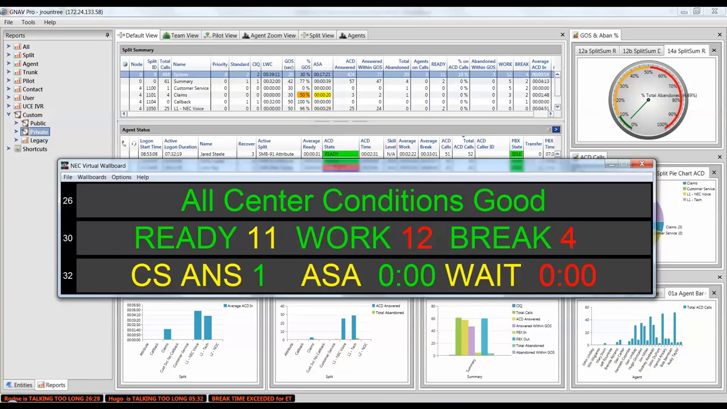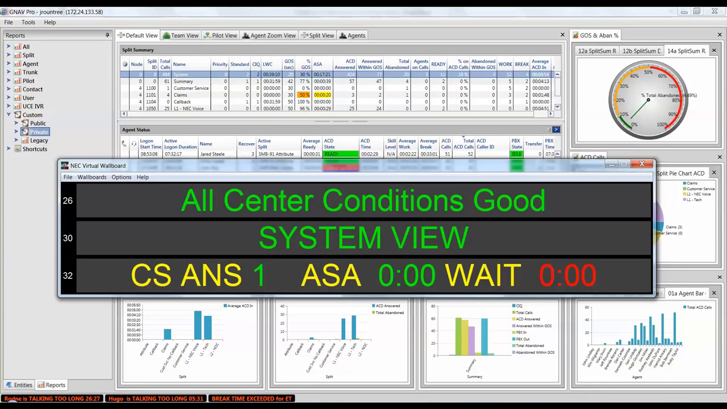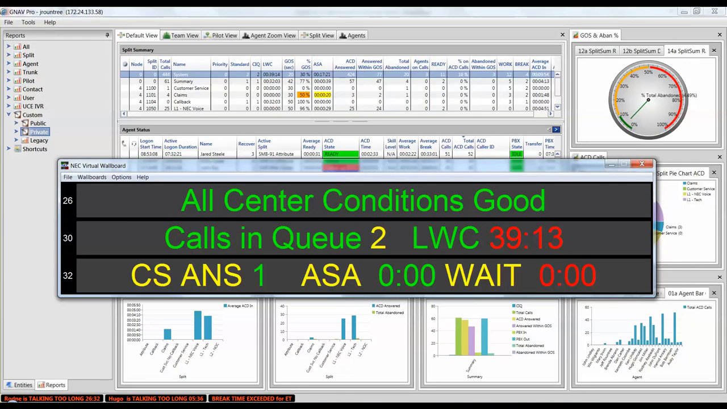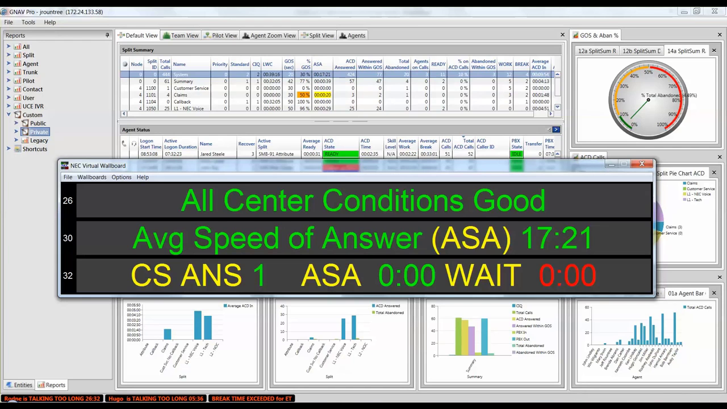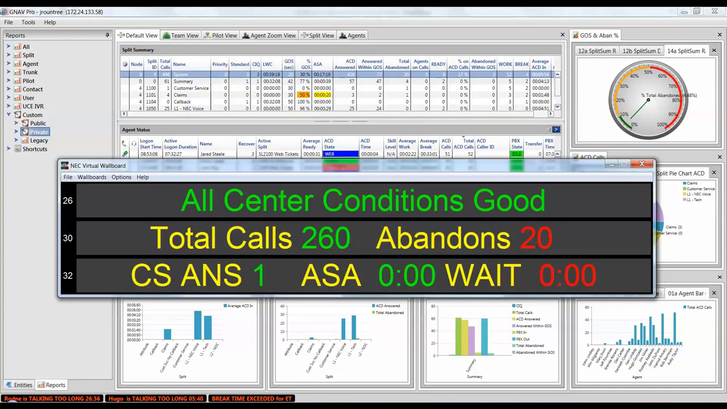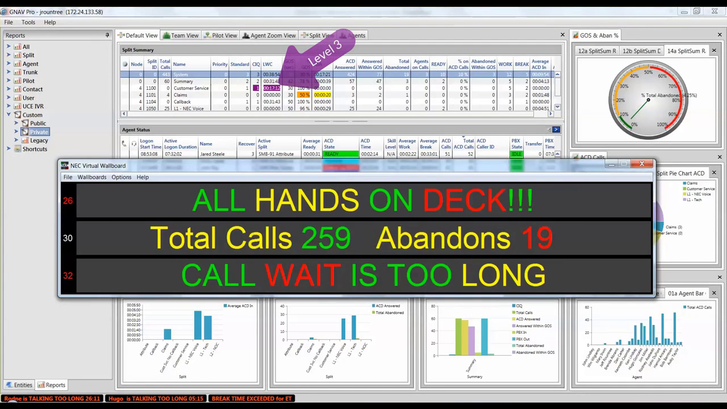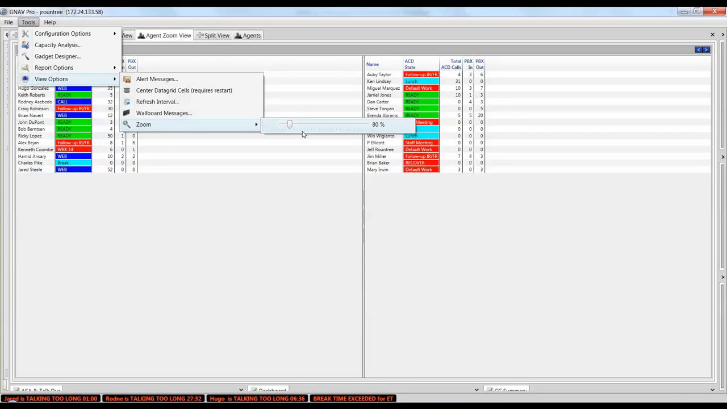Virtual wallboards allow business managers and agents to view simplified real-time information about the contact center, such as total calls, average speed of answer, how many agents are in ready, work, or break mode, etc. When a Level 3 alert condition is invoked, the wallboard can display a different message than what's regularly programmed, such as too many calls in queue, all hands on deck, etc., allowing supervisors and agents to react accordingly to the alert condition. Returning to the Supervisor dashboard,